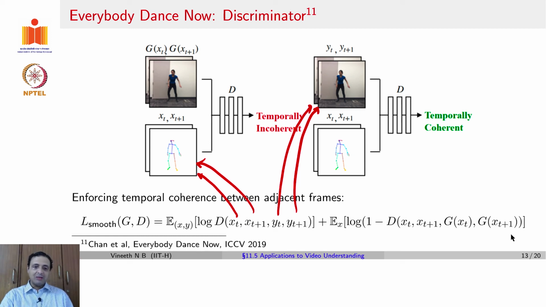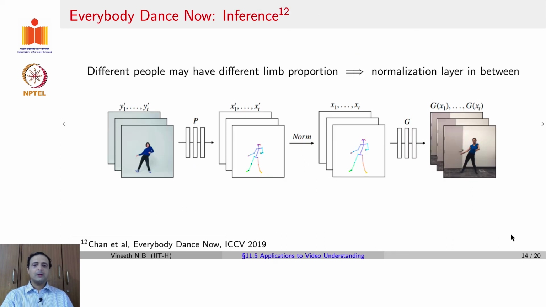So this GAN module of this framework tries to ensure that consequent frames or successive frames of the video being generated are temporally coherent, like a given input video. This is one module of this work. Another module that is part of this work is to ensure that when you have a source person's dance moves,